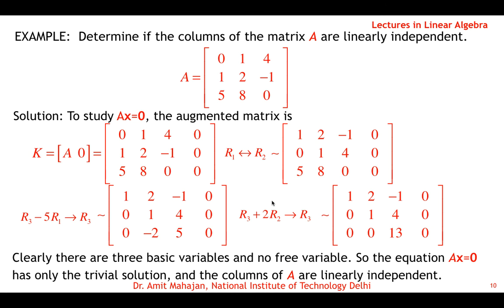So this was about linear independence and dependence of vectors. Again, you have to remember that we are solving a homogeneous system to find independence or dependence. If there is a trivial solution, that means all columns of A are pivot columns, and we have linear independence. If there is a non-trivial solution or there is a free variable, then we have a linear dependence relation.